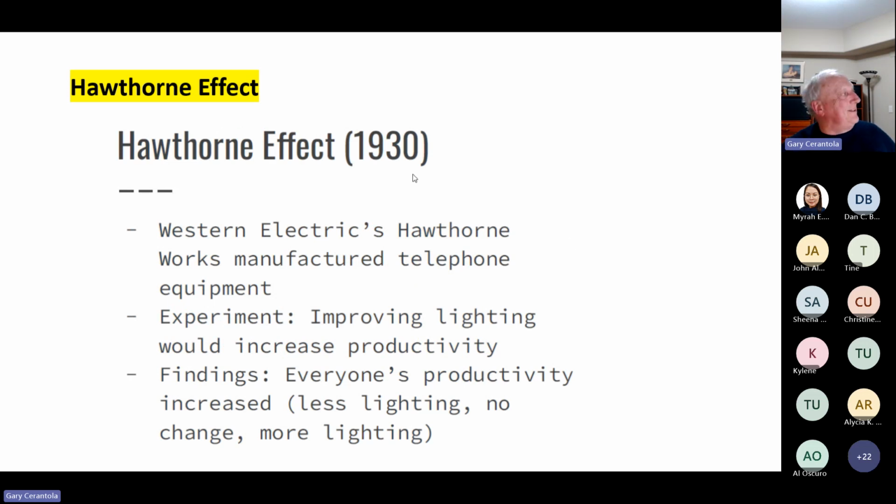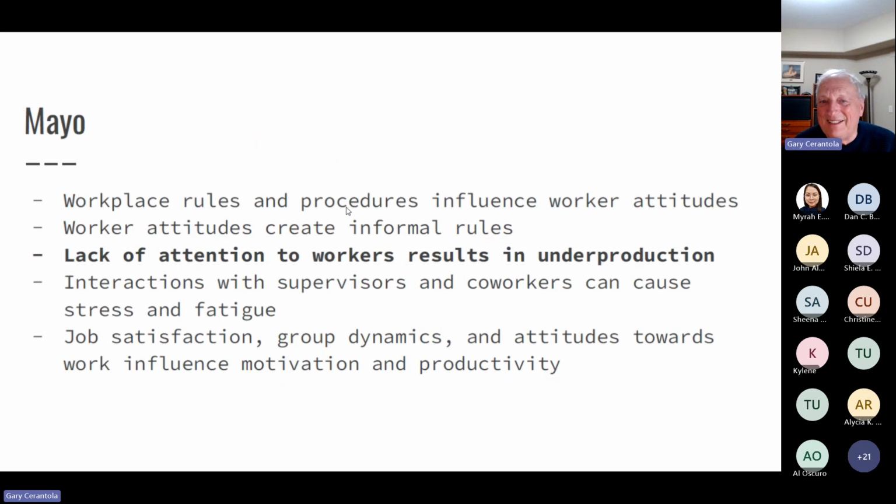And I'll tell a little story about this, because this is interesting. In the Hawthorne effect, what they did was they tried to change things like lighting to see if that increased productivity, and they tried different methods of improving productivity, and productivity did improve. But guess what? The productivity improved because they paid attention to the workforce. It wasn't the lighting that did it. And that's a big lesson, in the WIIFM, what's in it for me, and doing that.